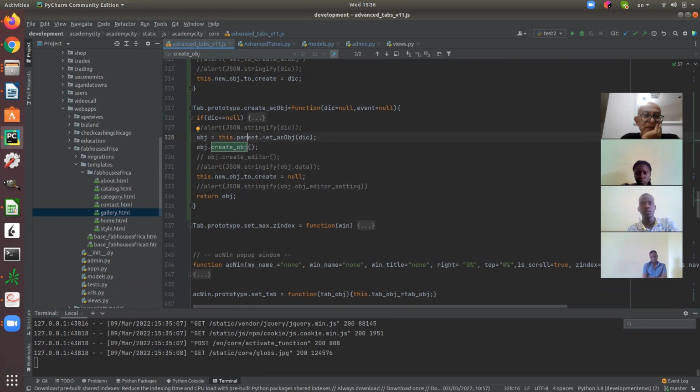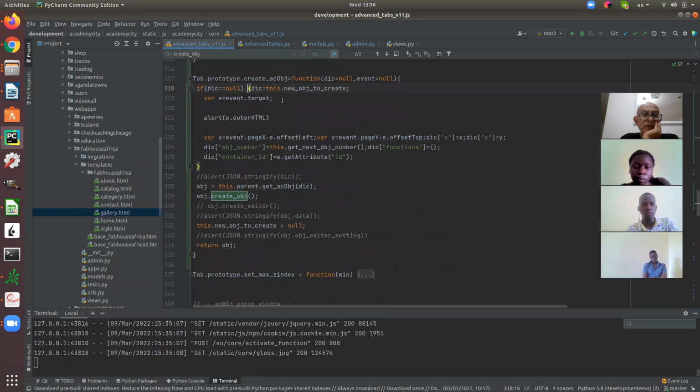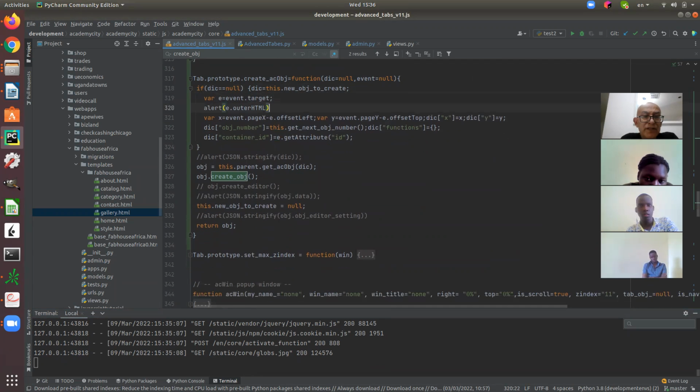Who is the parent here? So you get here, outer HTML. What is that one? We'll get to that. If it's a node, it does something, and then it goes to the parents. The parent really is the